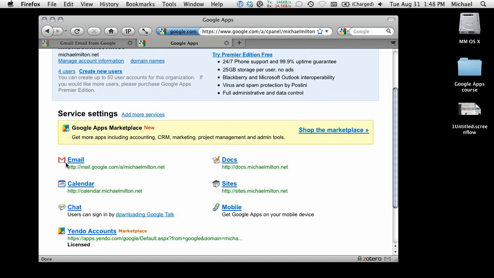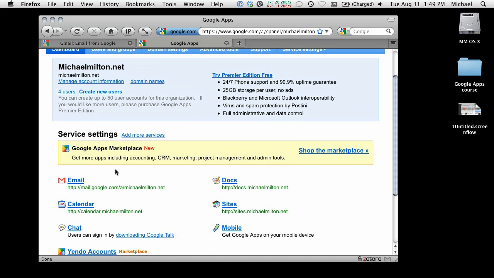When you look at each one of your individual settings, is how they're set to specific web addresses that you've already specified. So I have Google Apps configured so that docs.michaelmilton.net is the address that you would type in order to get to Google Docs inside of the Google Apps. That's hosted for michaelmilton.net. And I can see one of the reasons why email didn't work a moment ago, even though I created the CNAME entry, was because I actually don't have the dashboard configured to be accepting